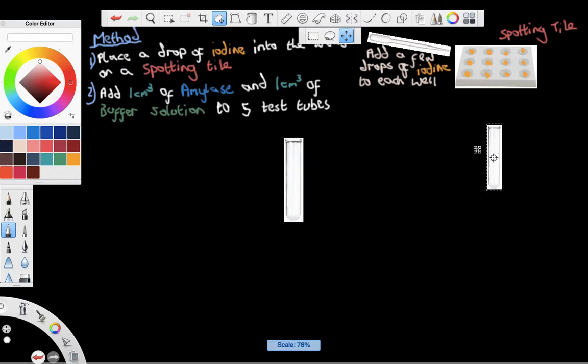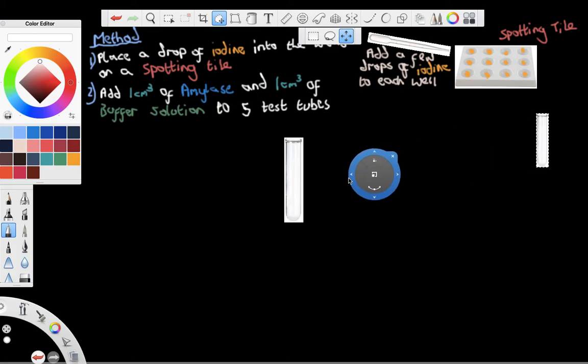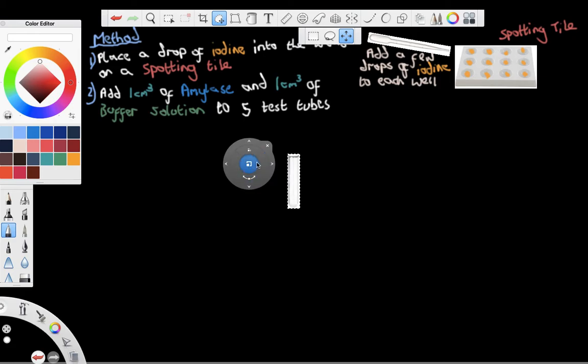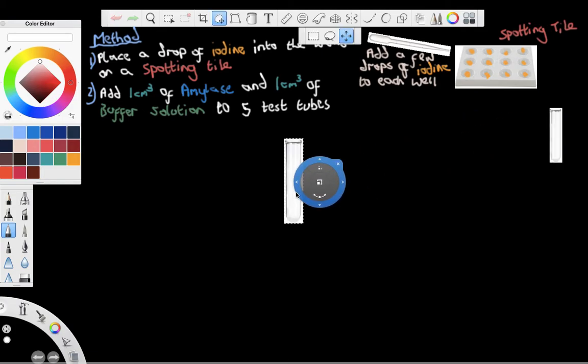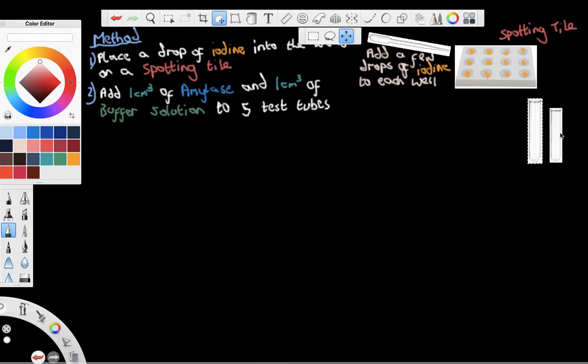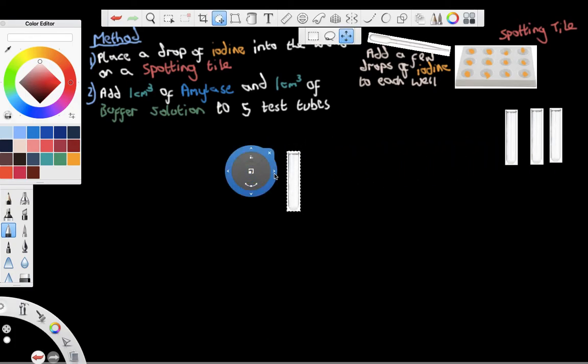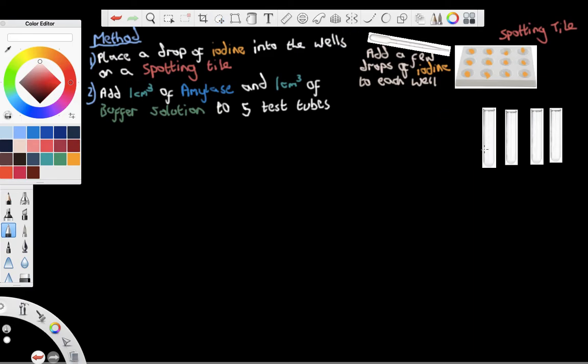So 1, make it a bit smaller. 1, I've done that wrong, because if I take 1, 2, this is really annoying me now because they're going to be slightly bigger and smaller. 3, 4, and 5,